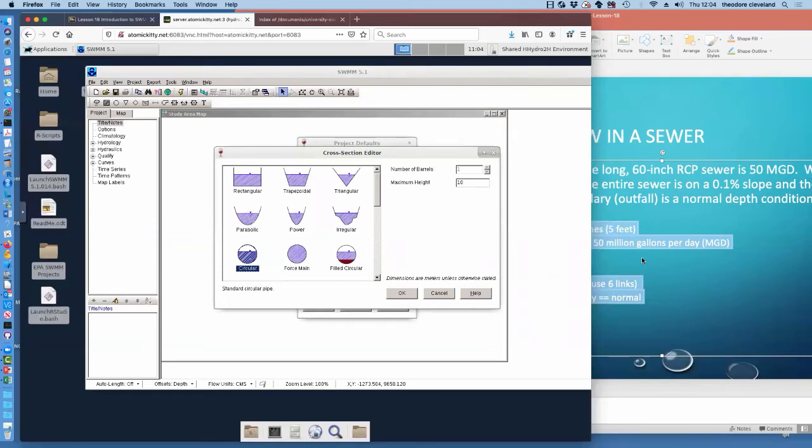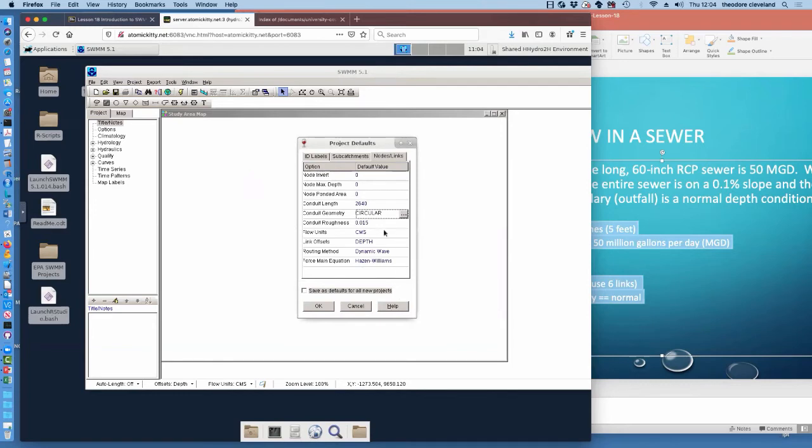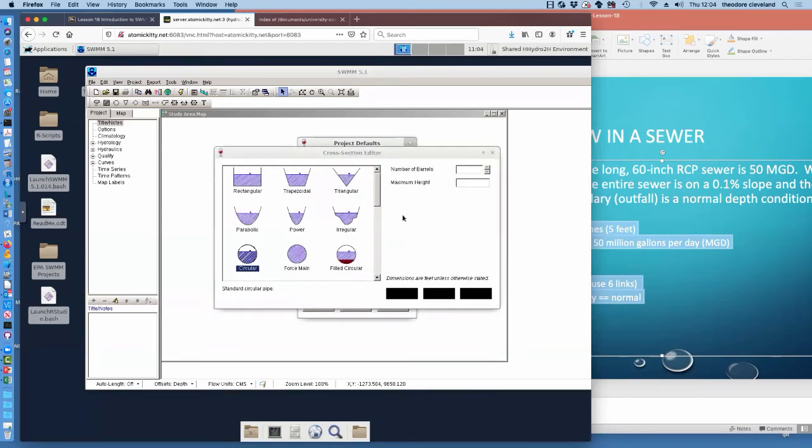Dimensions are meters unless otherwise stated. Okay, so I think 60 inches, 5 feet. And we're still in SI units. We will change it to using million gallons per day. So now let's see if it picked up that change or if I actually have to save the, there we go. So 5 feet